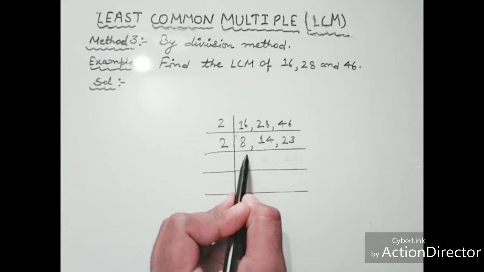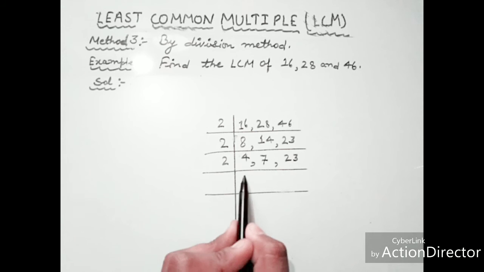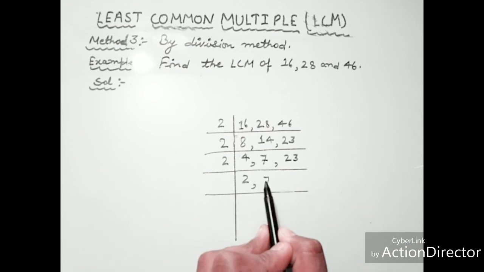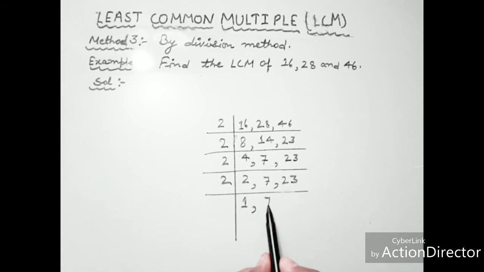Now 2 4s are 8 and write 23 as it is here, then 2 2s are 4, then 7 and write 23 as it is here, then again by 2, 2 1s are 2, then 7 and 23. These both numbers divide only by themselves. So we write the LCM of